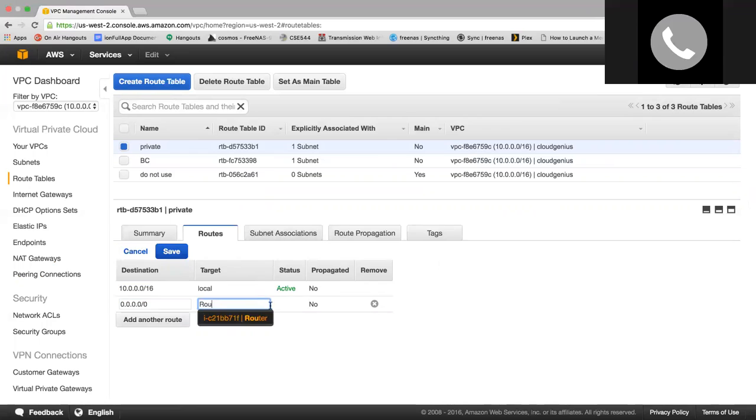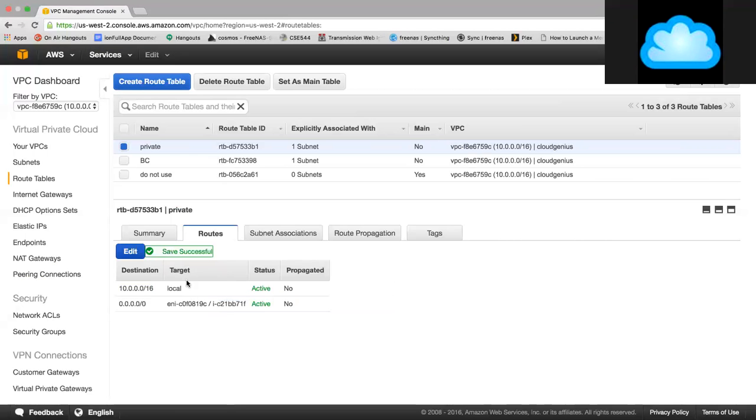There it comes. It pops up. Cool. And so I'll select the router. And this happens to be different from the gateway. And when I save, you can see that this route is going to the internet, but not directly. It is going through this